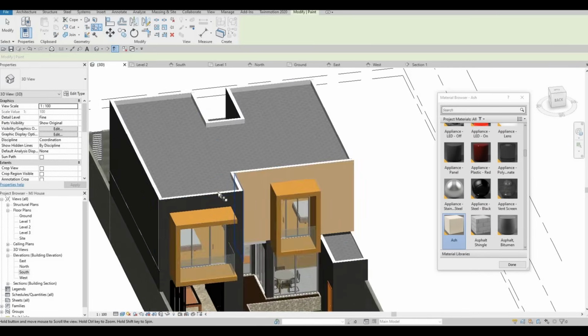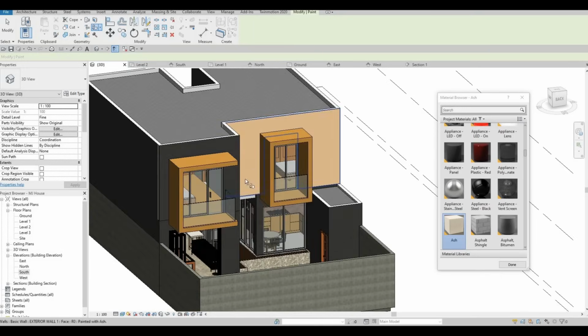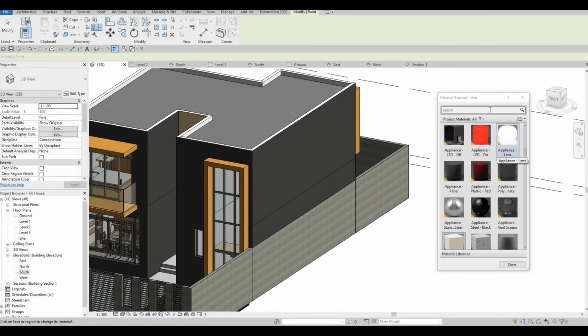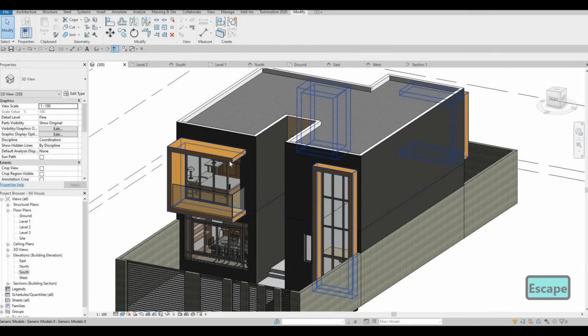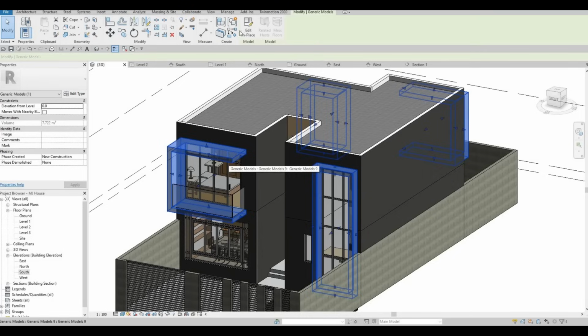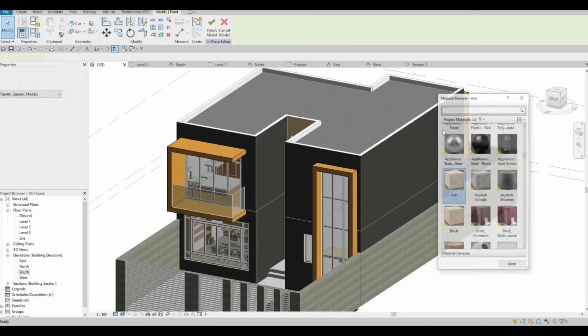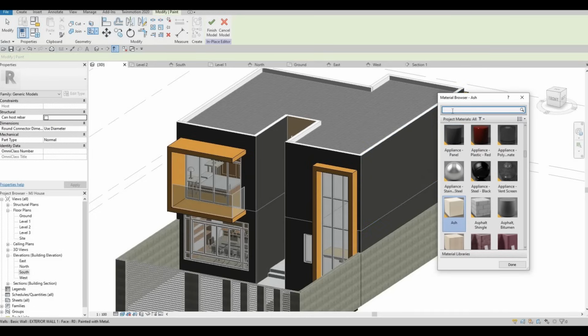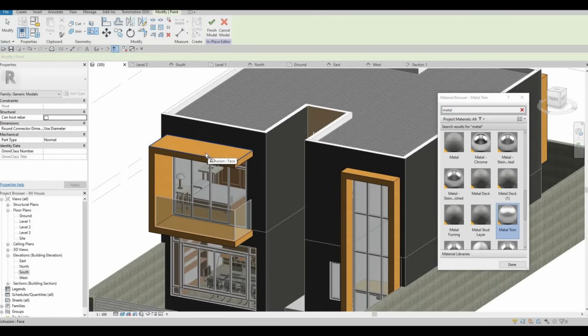And then obviously we will need another metal because this is the extruded part. I want the wood to be only on the inside. So what we can do is go to metal again, and then we're gonna choose something, but this is an extruded part. If it's an extruded part, you will need to select edit in place, and you will need to do the paint right here. So now I'm gonna pick a metal again that we haven't used, and we're going to select that. So here, click on metal,